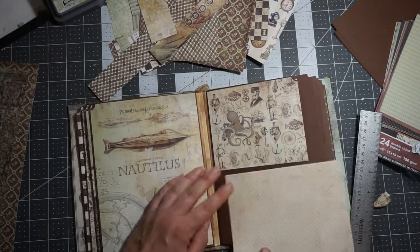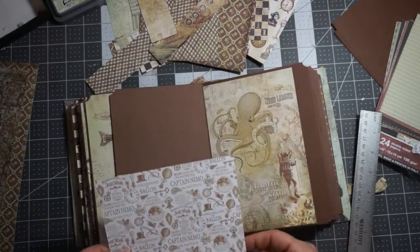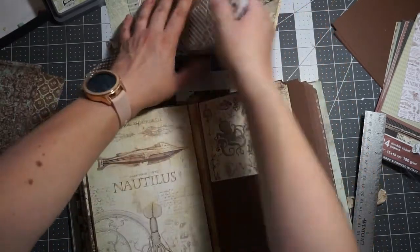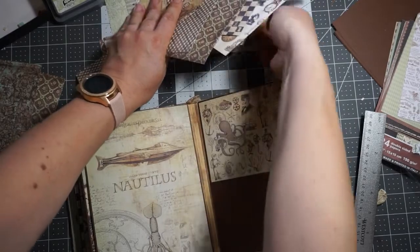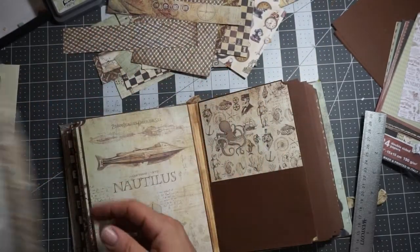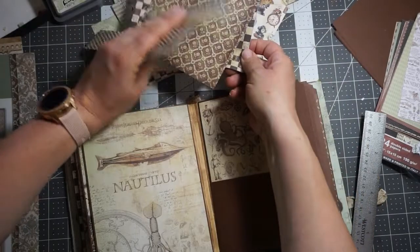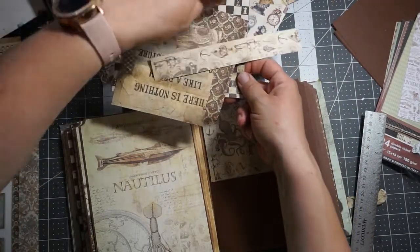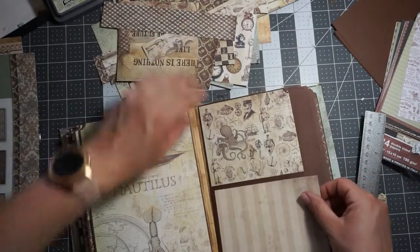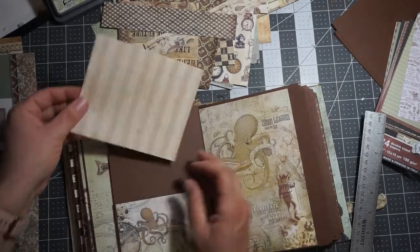This is really stark white against this, so I'm thinking I need to save that for maybe a tag and do just a design here. But I prefer a lighter one. So this is where all these offcuts come in. I still have two big pieces of paper here. One of them being the back of the cover. And then I have obviously the full sheets. Okay. So this one,